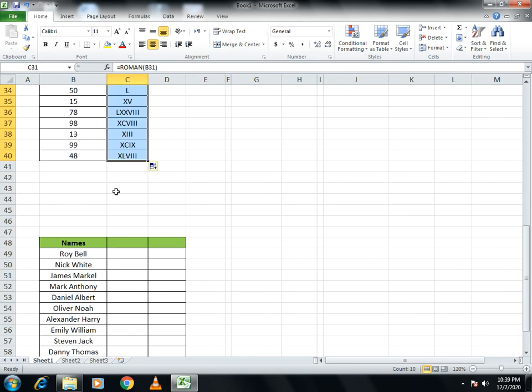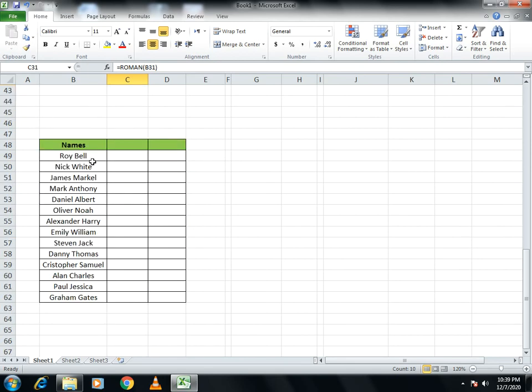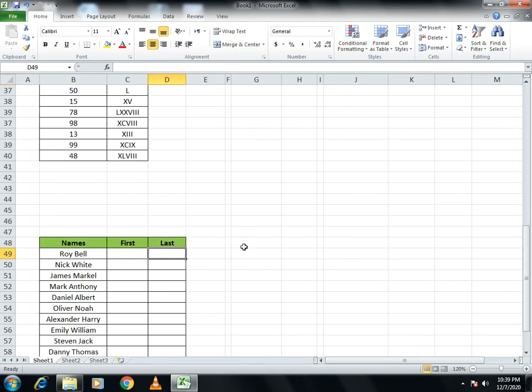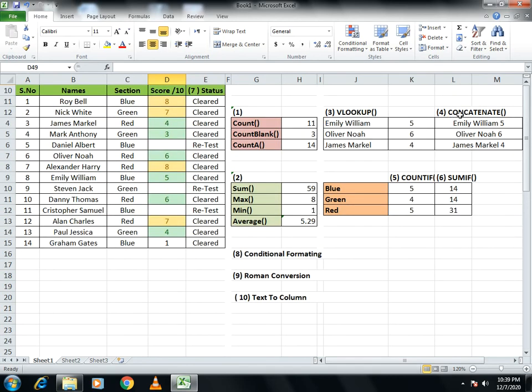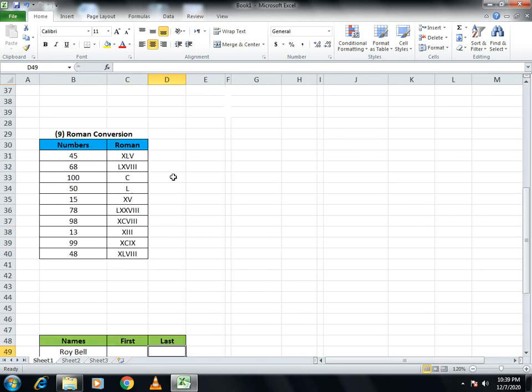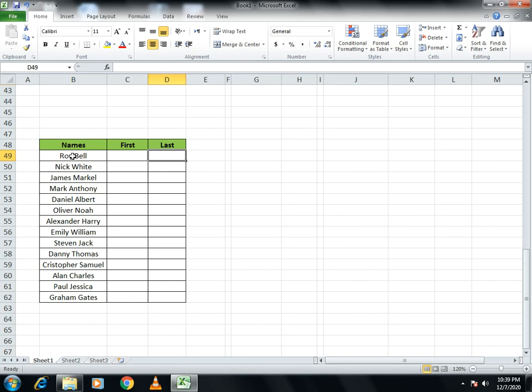Now we'll proceed to the 10th, which is the text to column function. Here you see the names of the students. I just want to get the first name in this column and the last name in this column. How you can use it is basically just the opposite of concatenate. In concatenate you combine two words, and in this function you break the whole name into two words. To break it, you have to select the whole list,